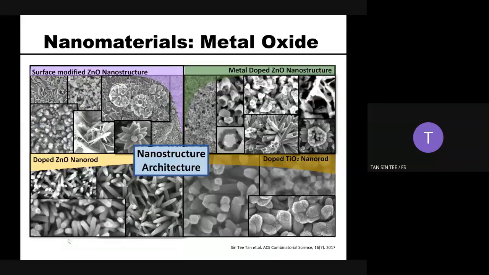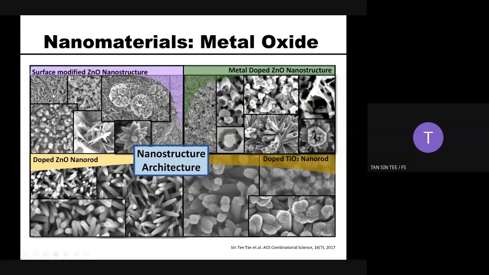So these are some of the images that we extracted from what we have done in our research group. The example shown here is most of the metal oxides that were successfully designed by our research group. Here I have split it into four parts. The first, top left part is the zinc oxide nanostructure, which is quite commonly used in most optoelectronic devices. We are trying to modify the surface of the zinc oxide by using different kinds of surfactants and materials. From here, we successfully tuned the nanostructure from one-dimensional to three-dimensional structures.